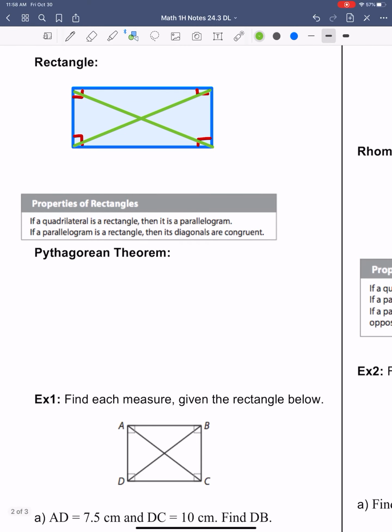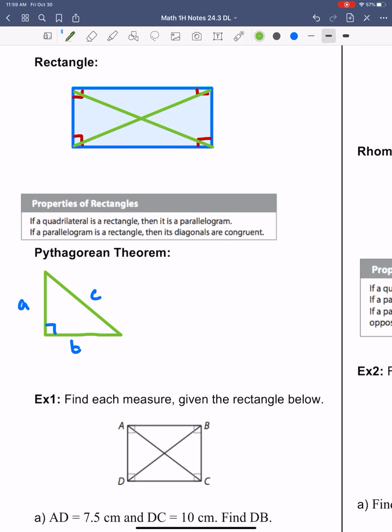And before we move on to examine the rectangles a little bit more, I wanted to just remind you of the Pythagorean theorem. Maybe you've seen this before, maybe you haven't. If not, here it is, and it's for right triangles. I'm just going to briefly review this because you've probably seen this before. If I have a right triangle, then I can use this Pythagorean theorem, which says that if I square the legs, a squared plus b squared, then that's going to equal the hypotenuse squared. So a squared plus b squared equals c squared